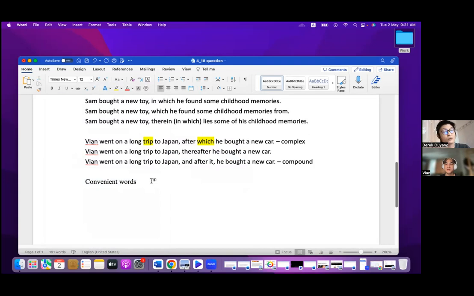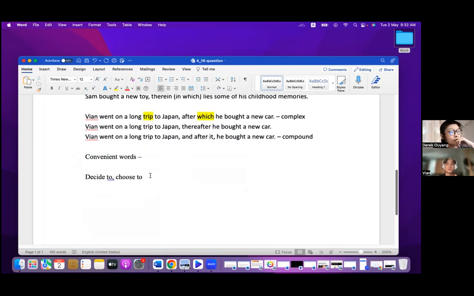I'm going to go through some words with you. This is for your TOEFL writing. This is for your IELTS writing. So this is what I mean. For example, decide to, choose to. Common words, right? Very common words, very convenient words. So if I ask you to change decide and choose to different words, what would you do? If I put them in a sentence,